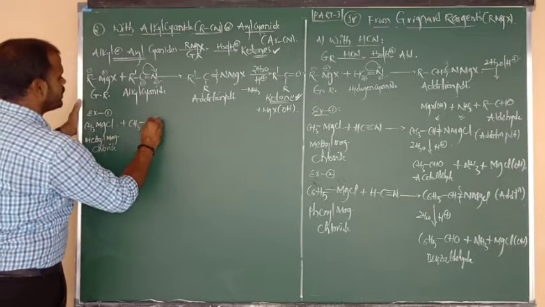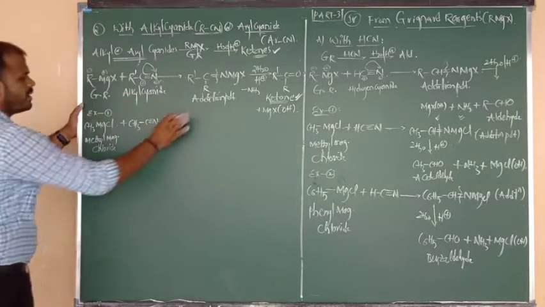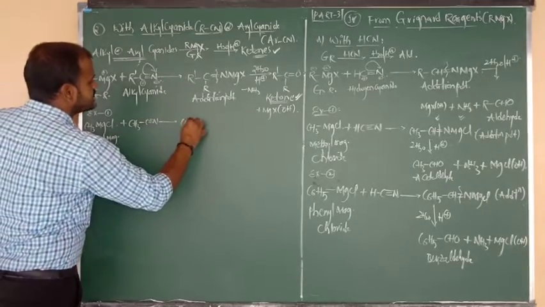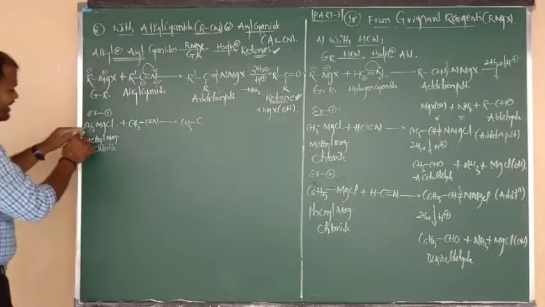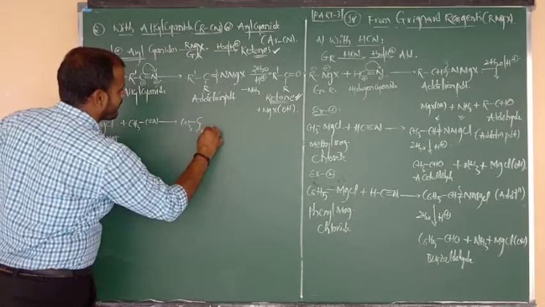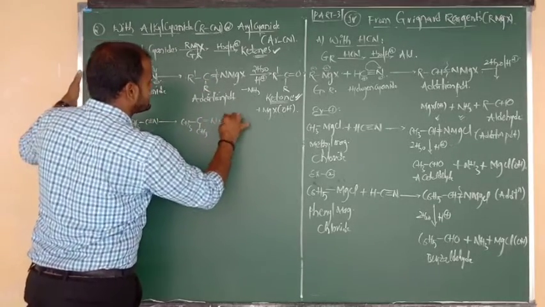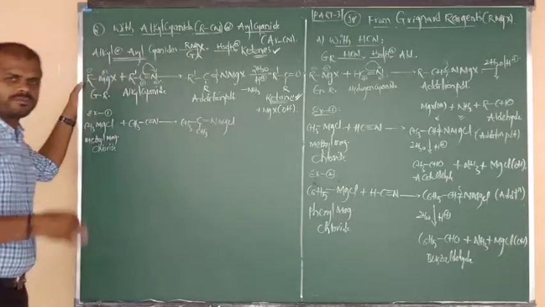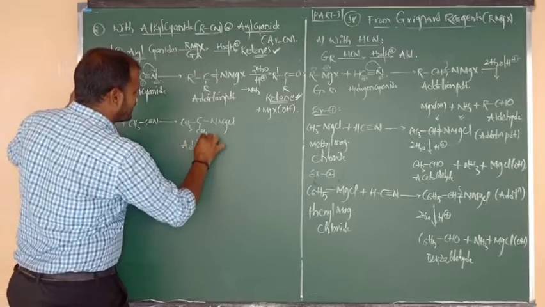CH3 bonded to C triple bond N. Everything, the delocalization, should be the same. So R prime is replaced by CH3. CH3 is connected to C, and below the plane it is attacked by CH3. After that, the double bond is there, and Mg is there. In place of X, we have taken Cl, and if you take Br, then Br. Again, what is the product? We are getting the addition product here.